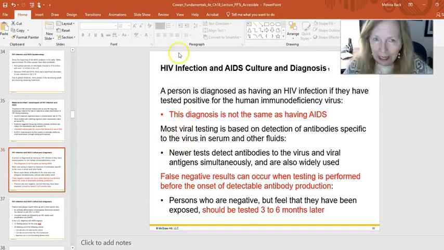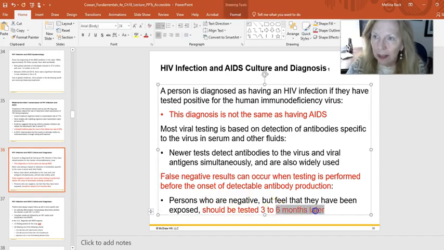So again, having HIV positive status is not the same diagnosis as having AIDS, but anyone who has an HIV positive status will be potentially infectious for anybody that encounters their body fluids. If somebody has had a behavior that has put them at risk of potentially acquiring this disease, it would be really important that when they get tested, they understand that it may take up to 6 months after the event to actually detect a positive status from that event.